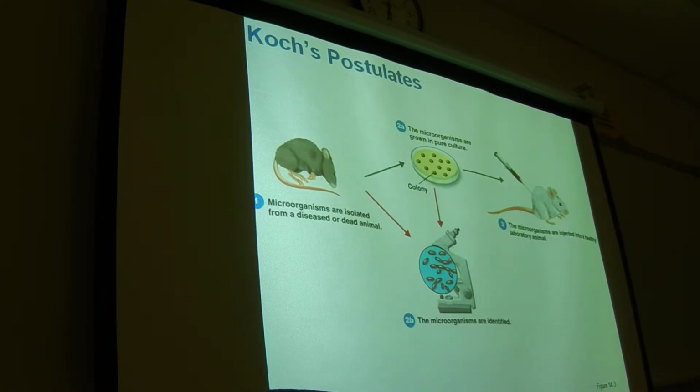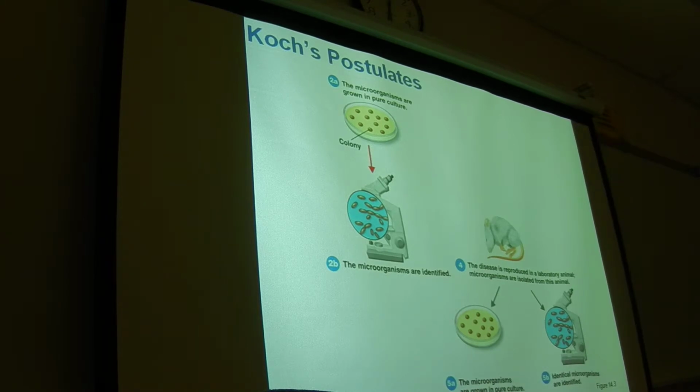Okay? So here's just a graphical definition. In this case, they're finding a disease in a mouse. They take microorganisms from the mouse, they identify them, and they grow them in pure culture. They take the bacteria from the pure culture, they inoculate a healthy mouse. Okay, that mouse now basically has to die in order to ensure that they got the right bacteria. If it does, they isolate the bacteria from the second dead mouse, and it has to be the same as the bacteria from the first mouse. And if all these things are true, then you can be pretty sure you figured out what caused that disease.